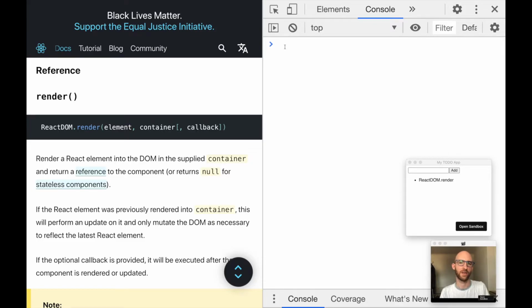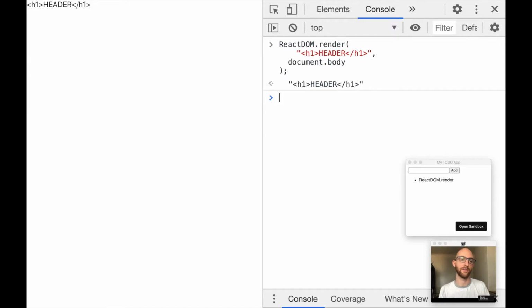Only being able to render strings and numbers and arrays isn't particularly interesting, and it's not too good for us building our to-do app. We need more than that. So maybe we can try rendering some HTML strings in here. So can I do this, to start, doing something a bit more exciting? And yes, I can do it in terms of it doesn't error, but React hasn't treated this like HTML. It's just taken it as text and put that text directly in. And as much as this is bad news for us, because we want to start building our to-do app and we're limiting ourselves to just render, it's good news for